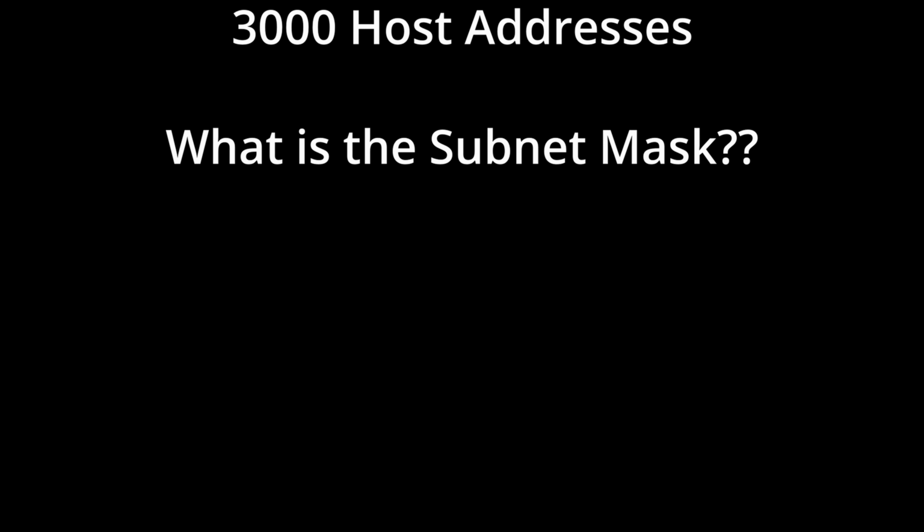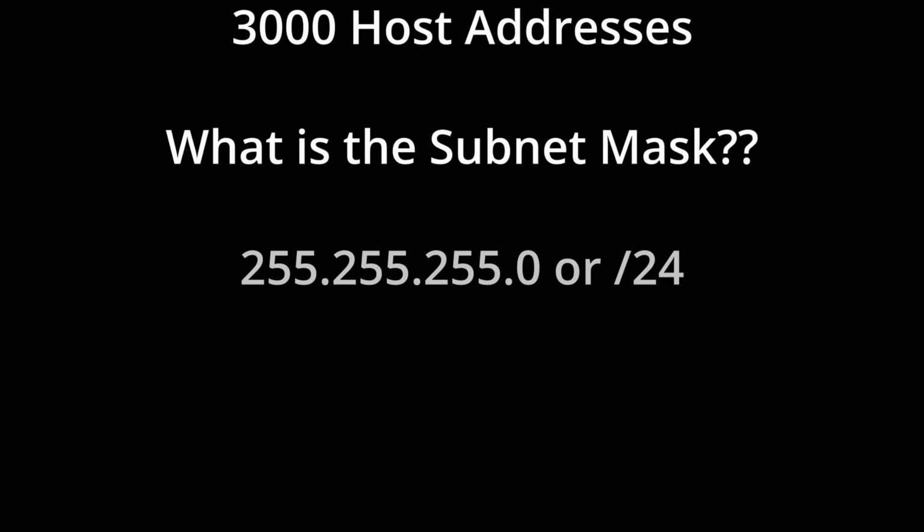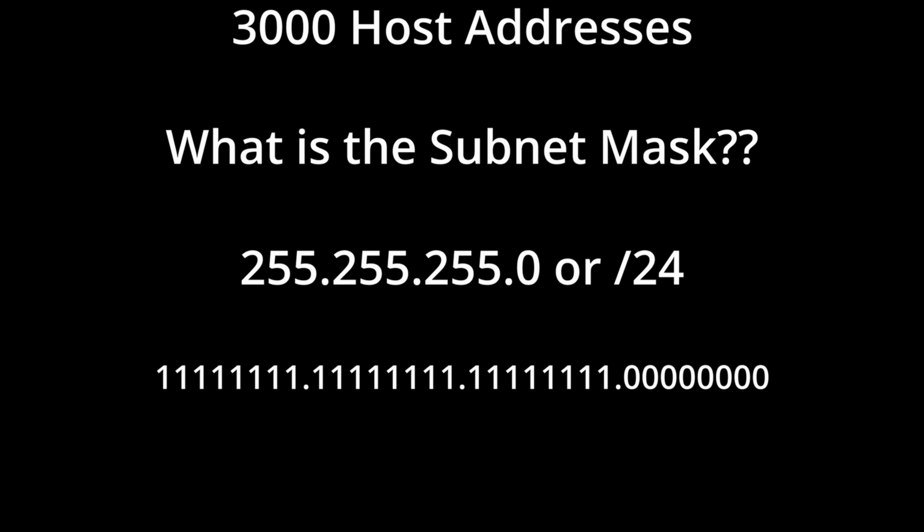Let's do another example. Let's say we had 3,000 hosts on a single network. We need to work out what the subnet mask would be. So starting again at 255.255.255.0 or /24 in slash notation, which is 8 binary ones in the first 3 octets and 8 zeros in the 4th octet. We count the values in the host portion, so 8 zeros, 2 to the power of 8